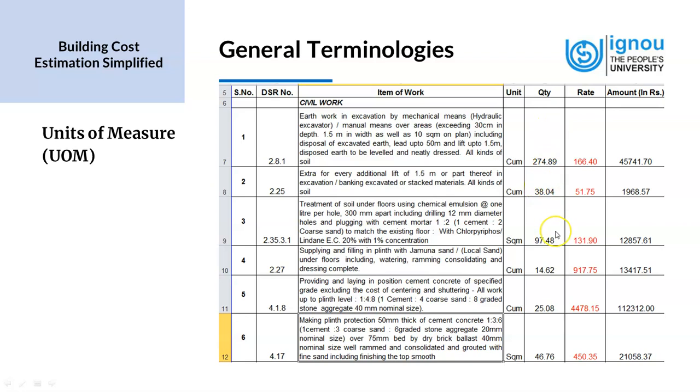Now the quantity has been measured from the drawings, and the estimator has already filled the quantity in it. Now the unit rate is what we have here. So this is a per unit rate for each item that is mentioned in the third column. And then we have these rates put in the column for rates. And then what we do is we multiply the quantity into rate to find the final amount. So that is the description of how we use the units of measure and rate in an estimate.